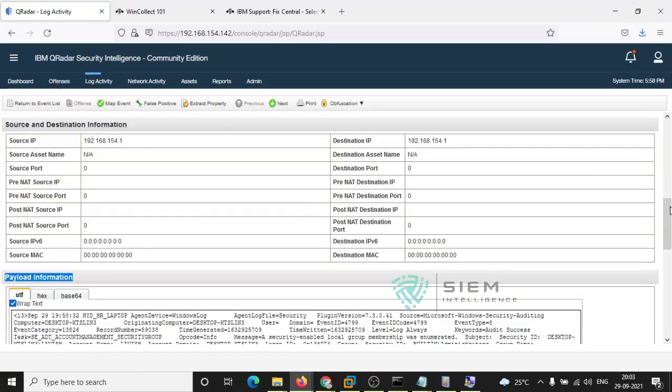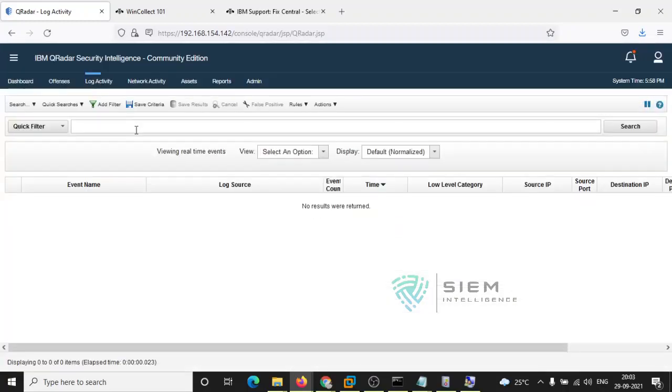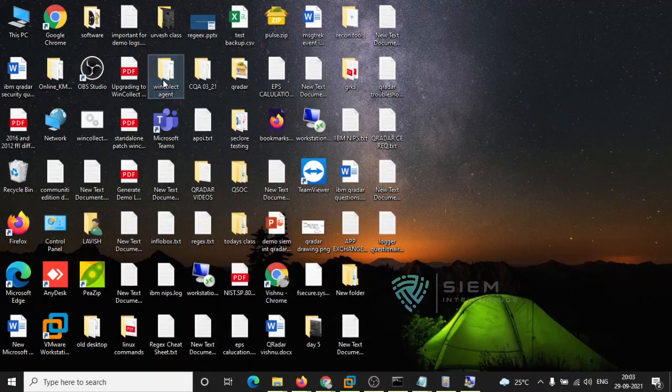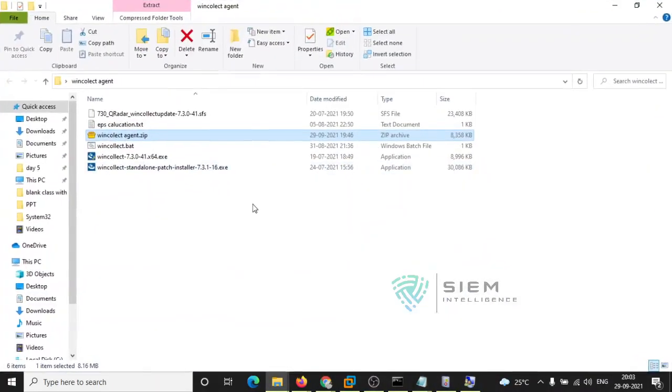So this is the way to integrate the logs. First and foremost, you need to install it in a system as a standard method or a managed method. We will see tomorrow how to do the things, but the standalone method you have it first. Check the connectivity between your system and the QRadar. Once it is done, you just install by using the WinCollect agent. I told you how to download and all. Just double click, and followed by you have to check some of the options. Though the options look very small, they have so much meaning.